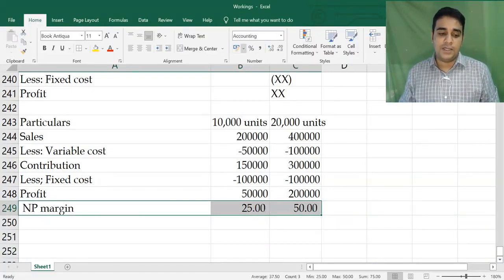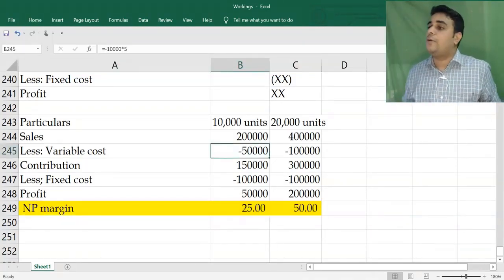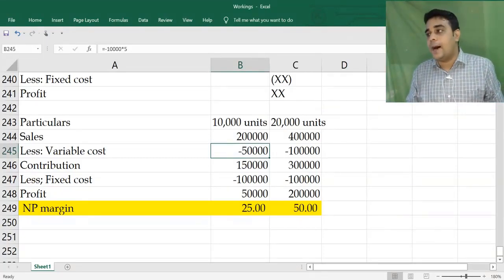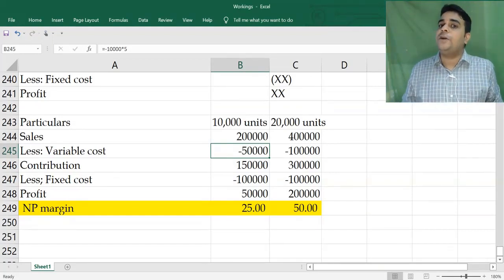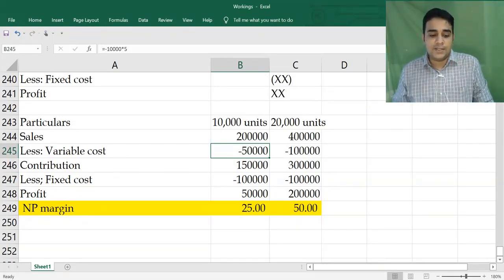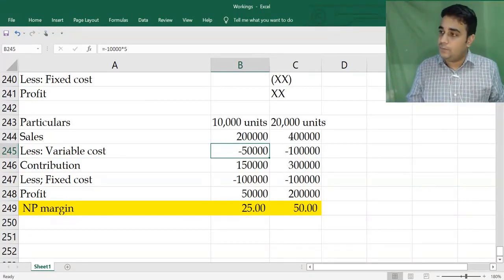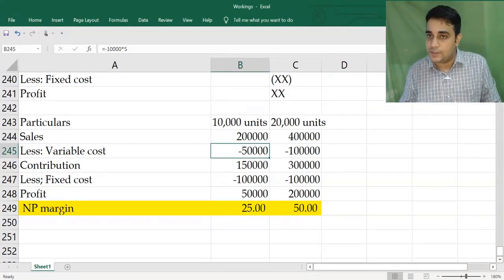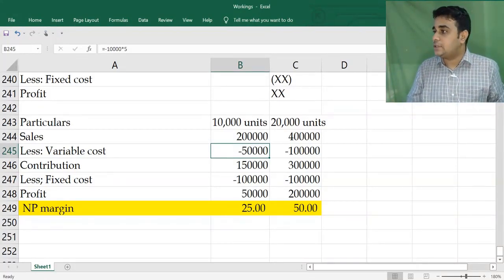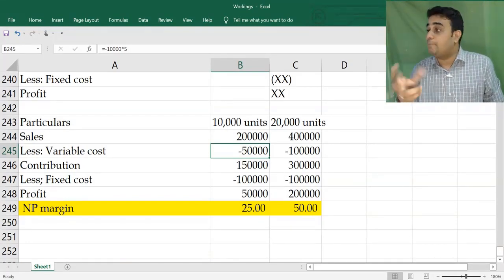Net profit margin is not a good ratio because it does not show the true profitability of a product. Though we use it in a practical world, net profit margin is not the right ratio because it has improved from 25 to 50. I ask the reason. Reason is neither increase in selling price nor reduction in variable cost per unit nor reduction in total fixed cost. It is only the benefits of economies of scale. You have doubled your sales, fixed cost did not double. Sales has doubled and that is showing a better profit margin.